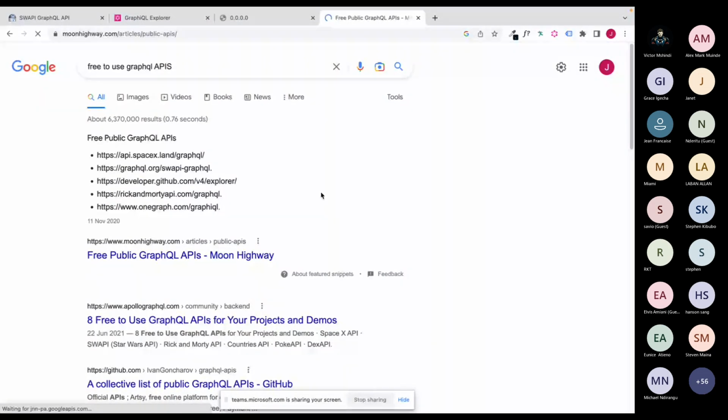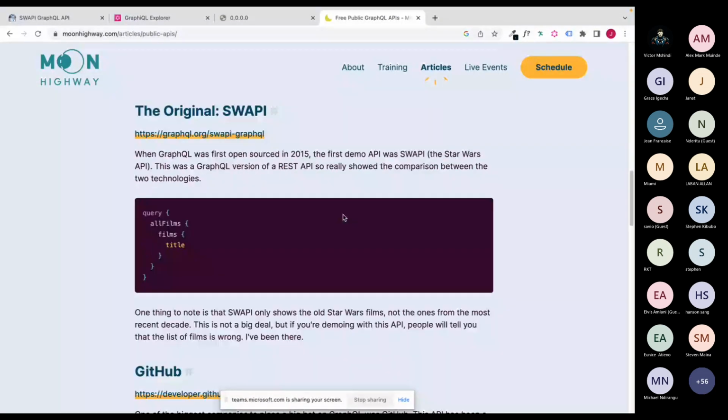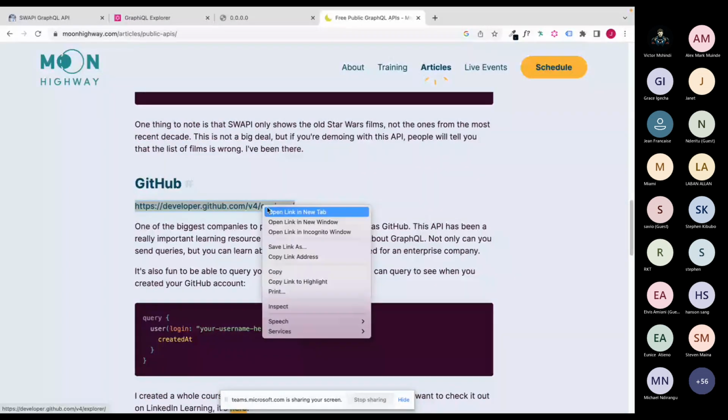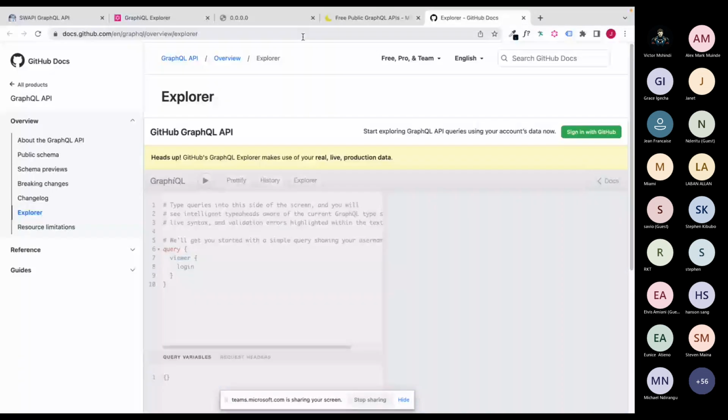Let's look up for something else. Let's try the GitHub one. I don't know if you can use this.